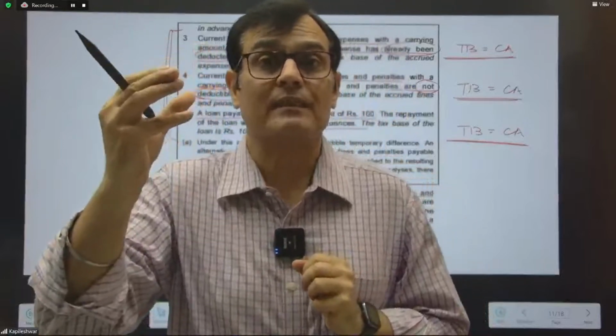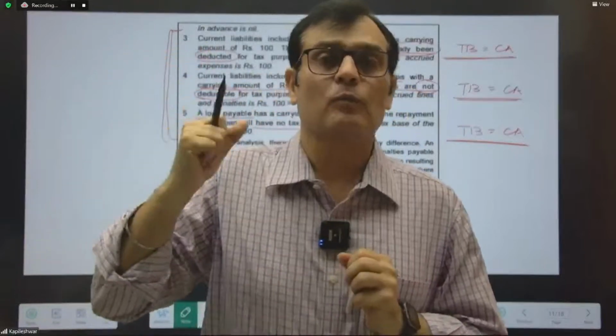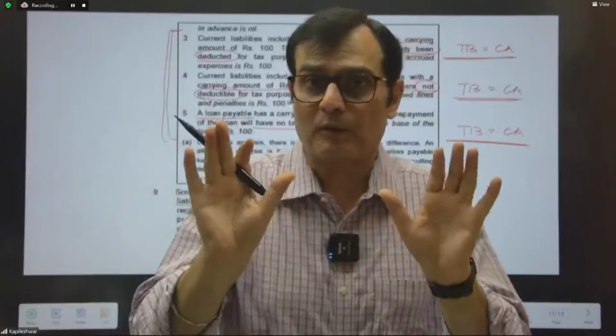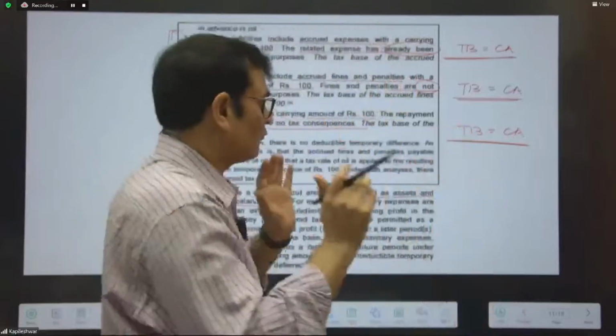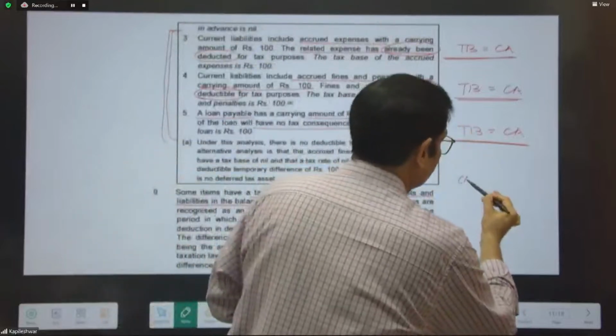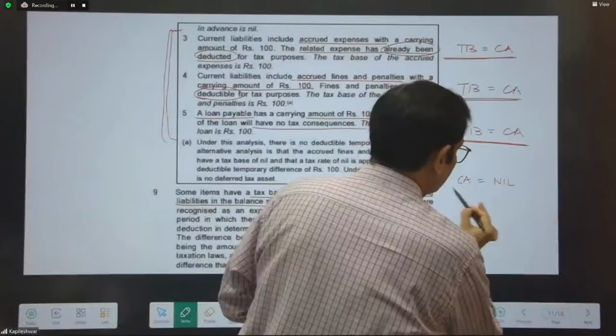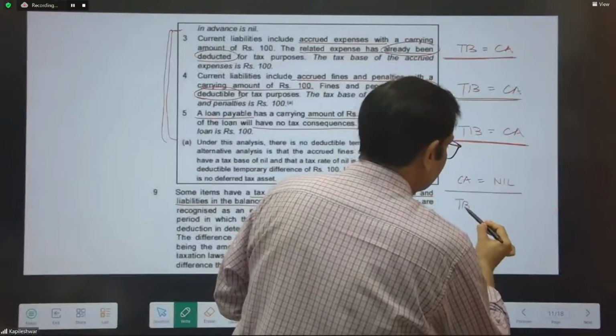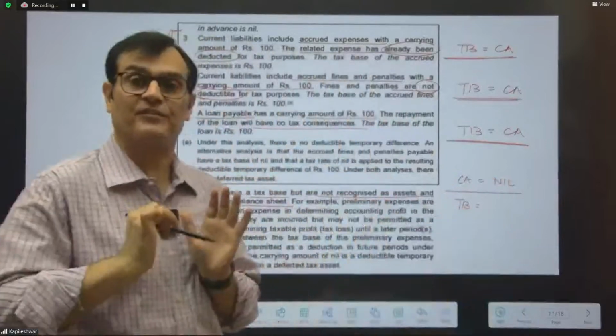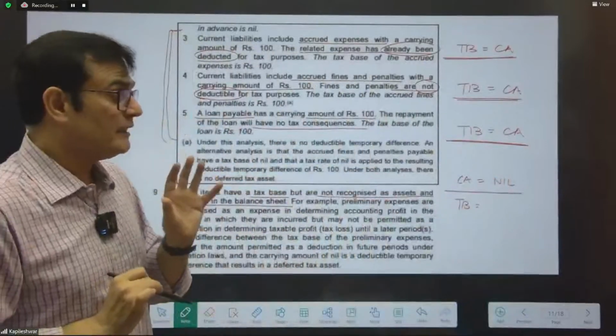Taxation, you took 2 lakhs in this year, and the remaining 8 lakhs will be taken in the future year. So the carrying amount is not in the balance sheet. So you can say the carrying amount of the preliminary expense in the balance sheet is nil. But if you look at the tax base of the preliminary expense,